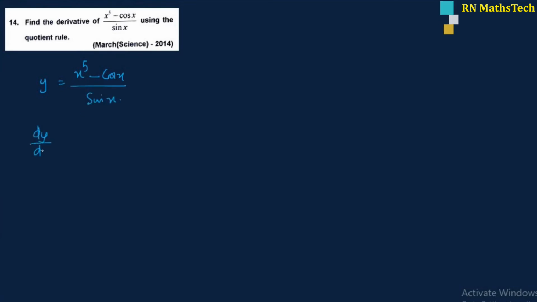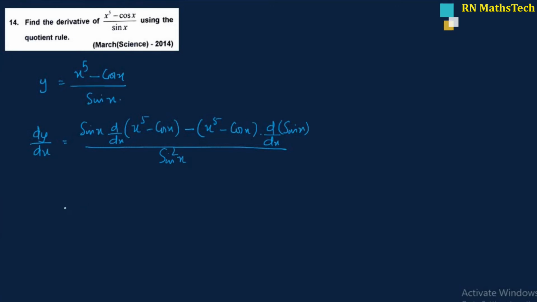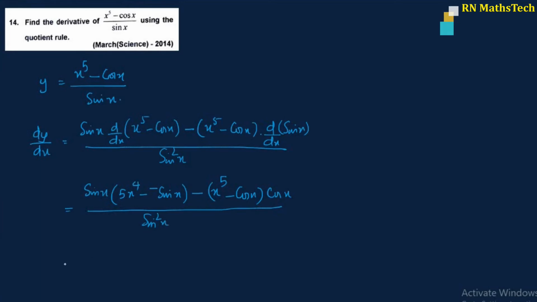So dy by dx is equal to denominator into d by dx of x raised to 5 minus cos x minus numerator x raised to 5 minus cos x into d by dx of sin x, the whole divided by sin square x, that is sin x into 5x raised to 4 minus derivative of cos x is minus sin x, minus x raised to 5 minus cos x into derivative of sin x is cos x, the whole divided by sin square x. So